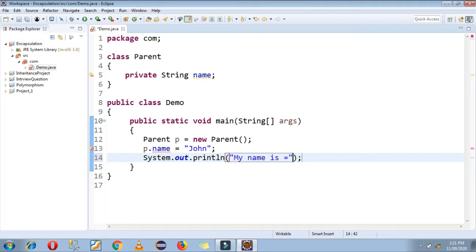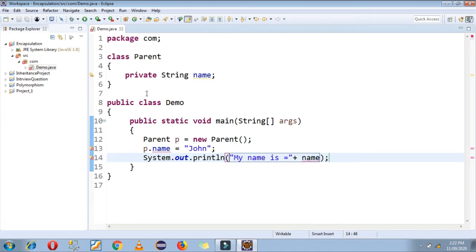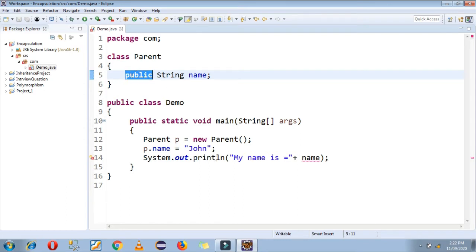So what you have to do is declare that variable public or default. I am erasing the private modifier and providing the public modifier here.